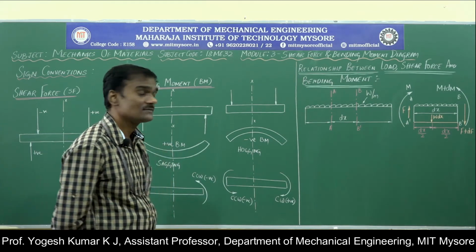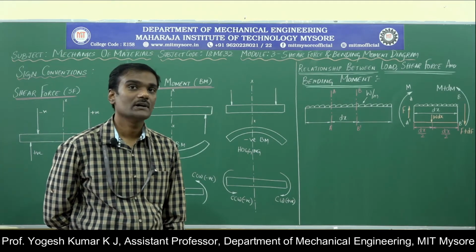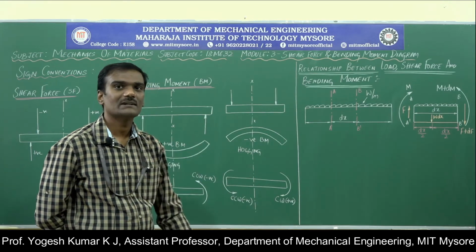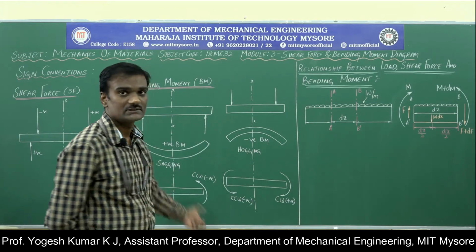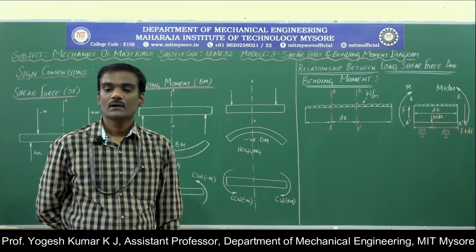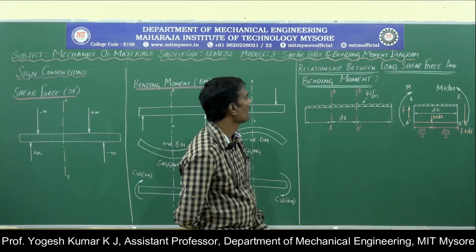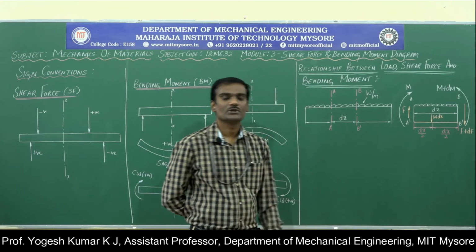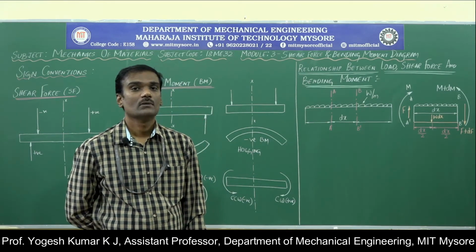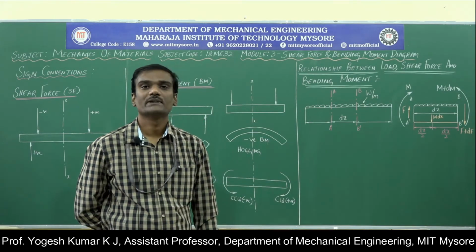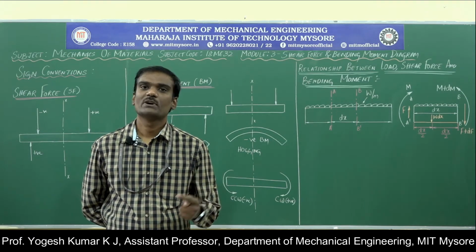So this is how we start with our derivation. Equilibrium conditions are very important, so here we will be using our equilibrium conditions, and to quite some extent we will also be using the sign conventions. Consider a beam carrying a uniformly distributed load of magnitude W per unit length.